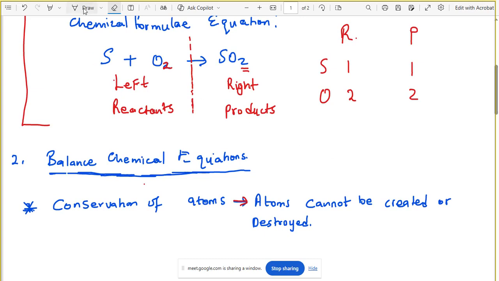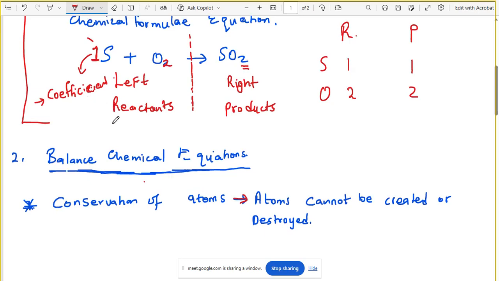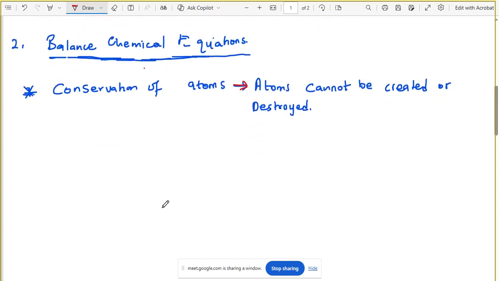So if you look at this here, sulfur is just one. You don't have to write one, but we know that there's one there. This one, we call the coefficient. Do you understand? Yes. They won't ask you to define what a coefficient is. You just have to know the coefficient is the number that we're going to write in front of a molecule. You understand? So let me write this down. The coefficient